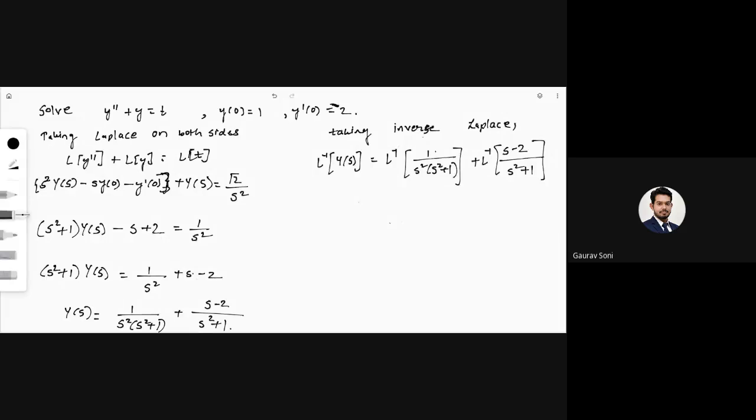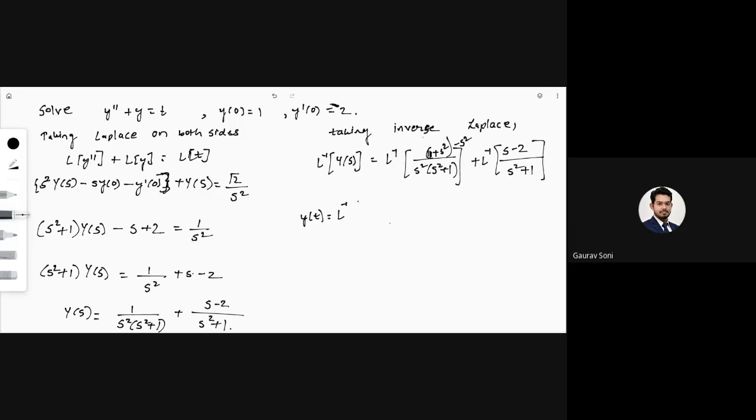So what I will do is I will add S square in the first one as well as I will subtract S square. After doing this, I will separate. So small y of t is equal to